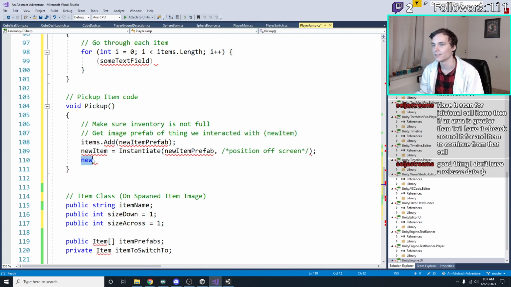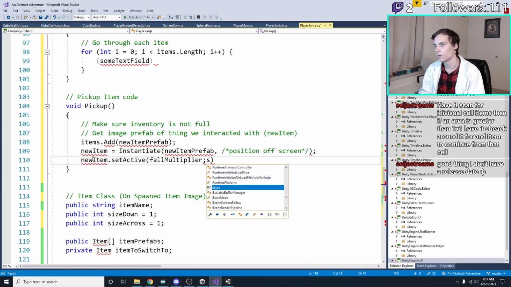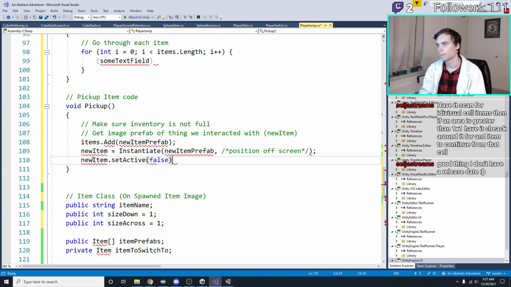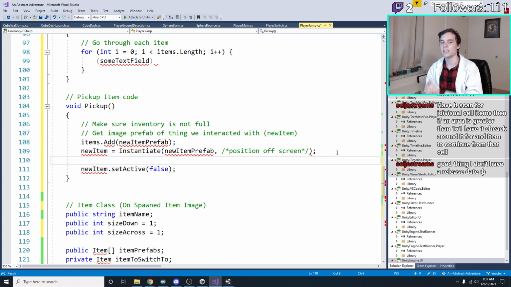So now new item is this. New item dot set active false. There we go. And then I can do one better where when we instantiate this, we don't just want to instantiate this, but now we want to instantiate the image for its flipped version. If we do that at the same time, then we don't have to worry about it later. Now is the good time to do that. So item dot,